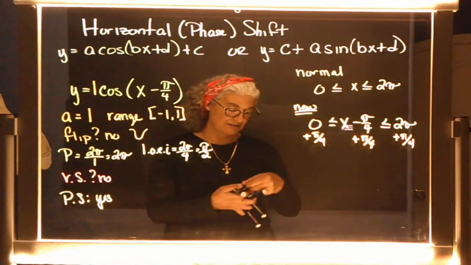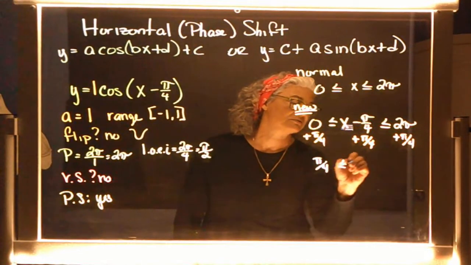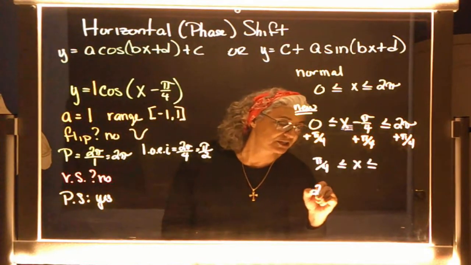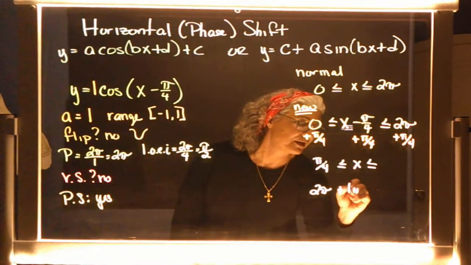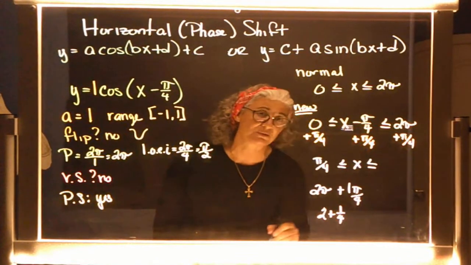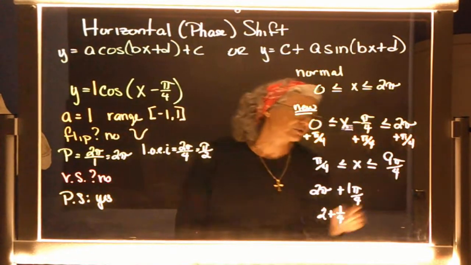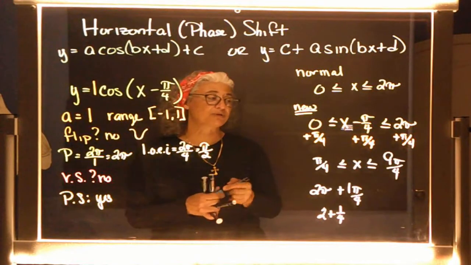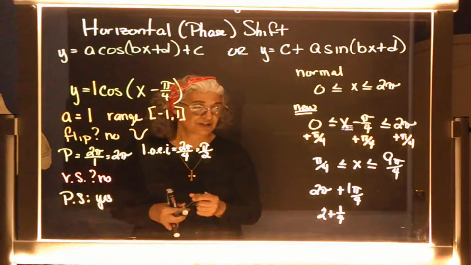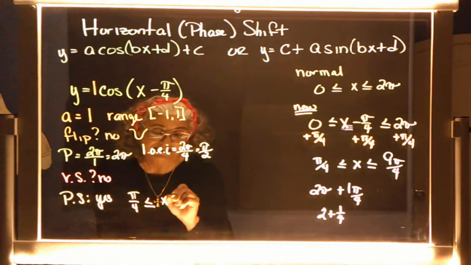which means we are going to start at pi over 4, and we are going to end at, okay, we got to add. So what's 2 pi plus 1 pi over 4? Well, maybe the better question is, what's 2 plus a quarter? Yeah, that's 9 pi over 4. So you have to remember how to add 2 and a quarter, right? So my phase shift, we are going to start at pi over 4, and we are going to end at